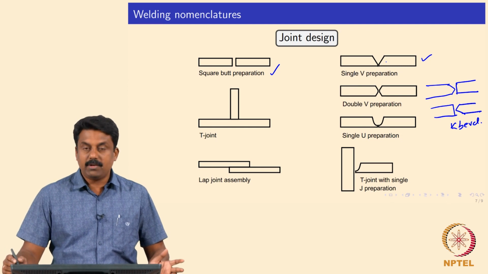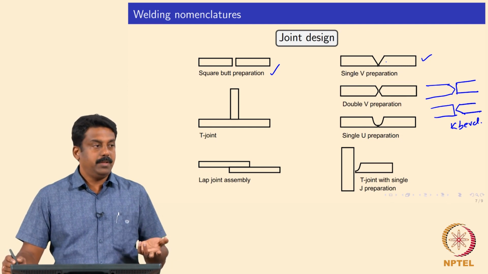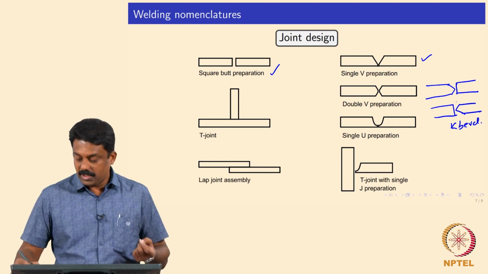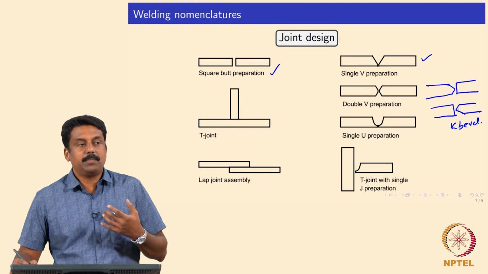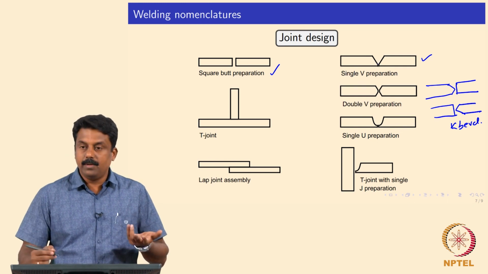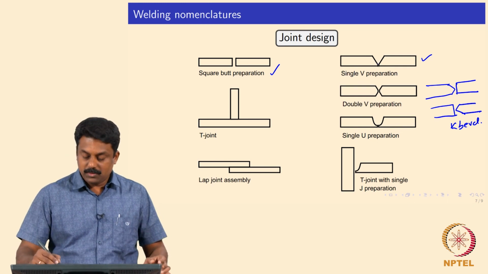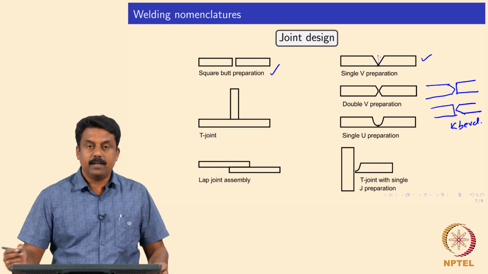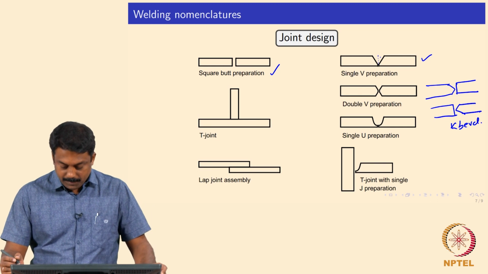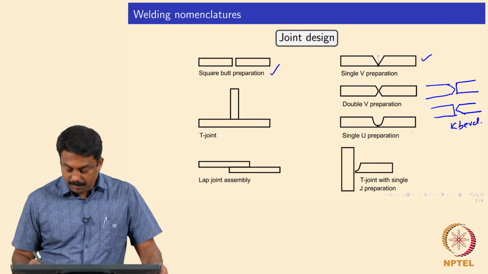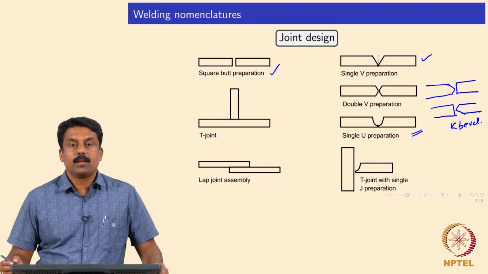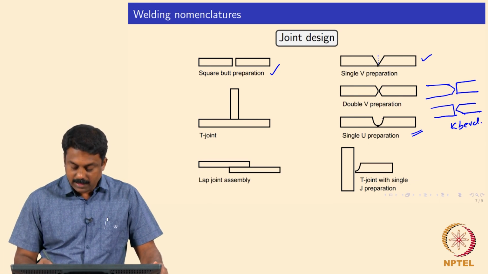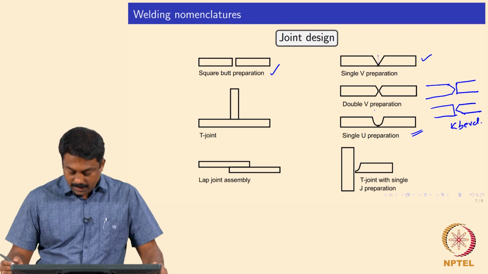There are disadvantages in terms of load distribution. In K bevel, you may change the stress development or segregation patterns, whereas in V bevel you end up building stresses at the toe as well as weld segregation at the weld center line. And this is single U preparation. Single U preparation is basically prepared with a slight elliptical grinding.